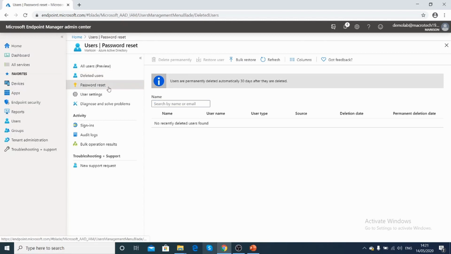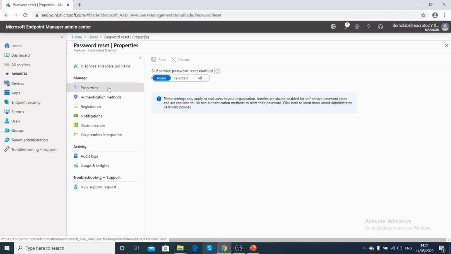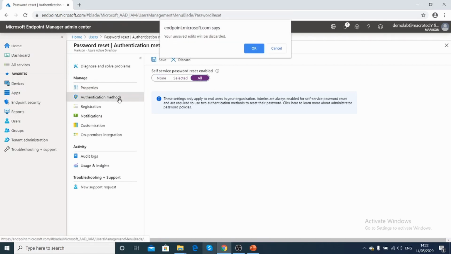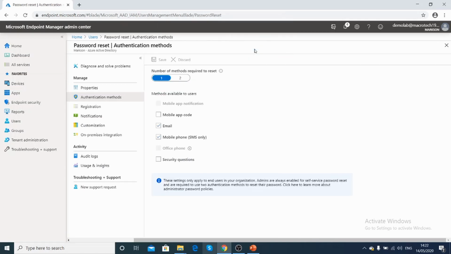Another option specific to user settings is password reset. This password reset is for self-service password reset from the user side. So this option is very useful because it reduces the number of calls to the help desk. Once you enable this password reset, the authentication method is deployed to the user level. So the user has to do one-level or two-level authentication for registration purposes.